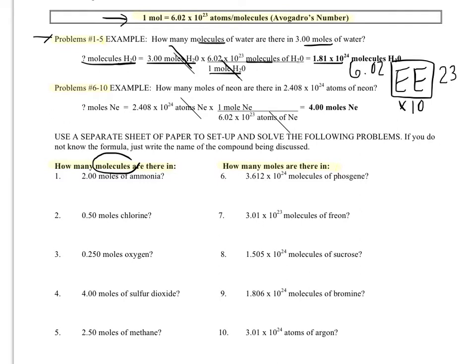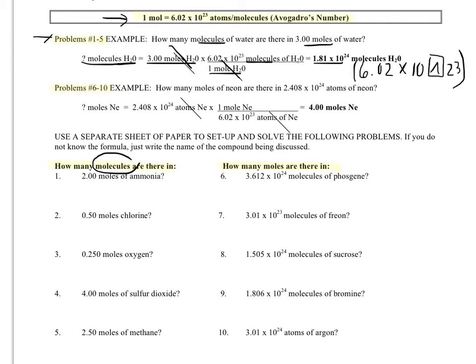Now, let's say that you do not have an EE button. In that case, you're going to have to just be a little bit more careful when you enter these numbers that are in scientific notation. And by more careful, I mean you need to use parentheses. So you're going to put parentheses, 6.02 times 10, and then you're going to use what we call the caret key. This little caret key has an up arrow on it, and then 23, and then you need to end with